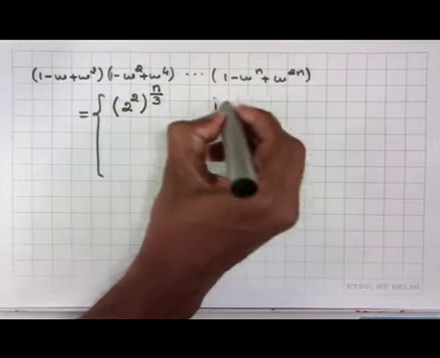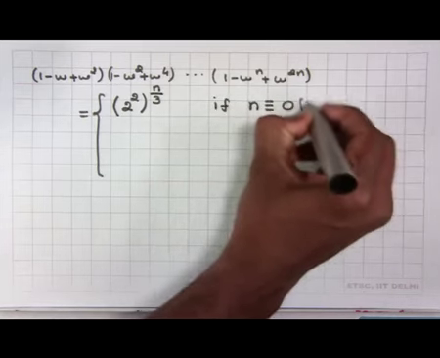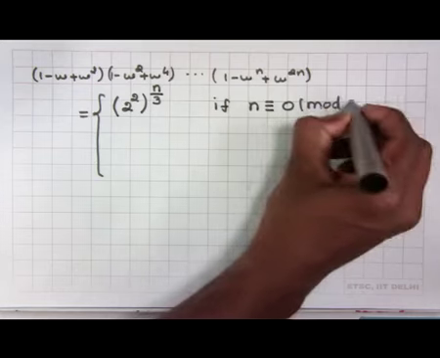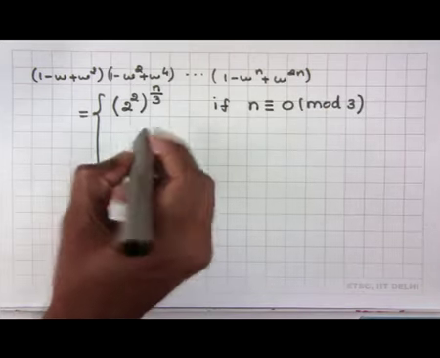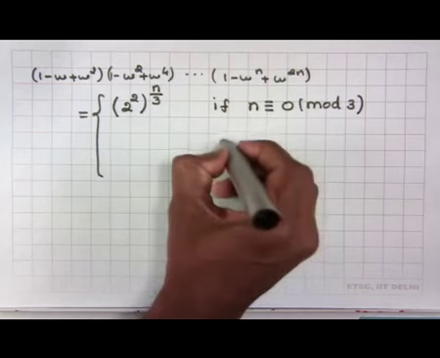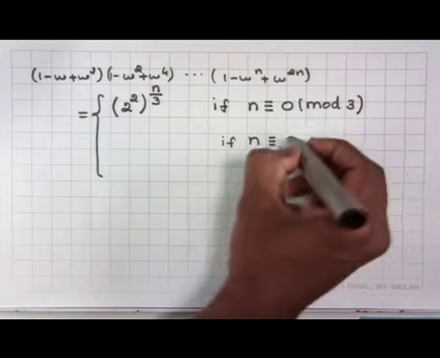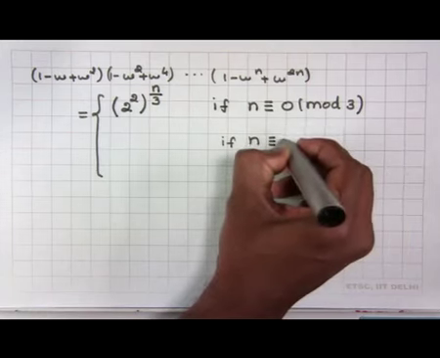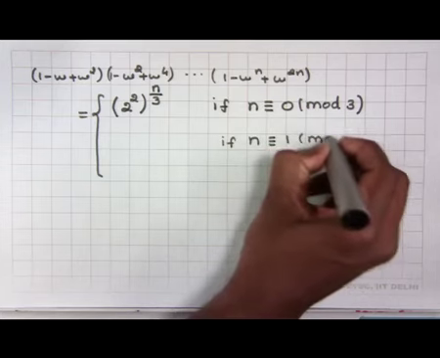This happens when n is a multiple of 3. And when n is, say, a multiple of 3 plus 1, then